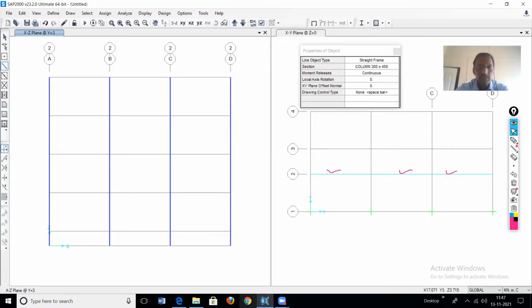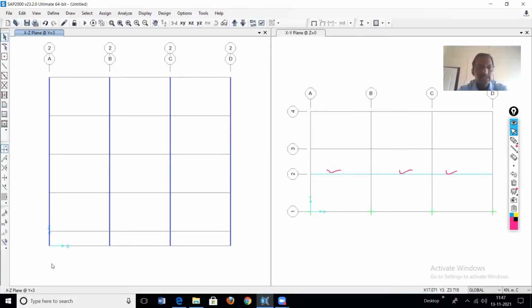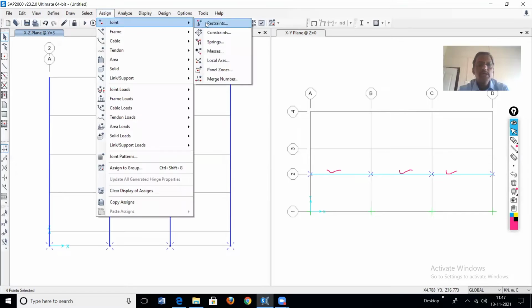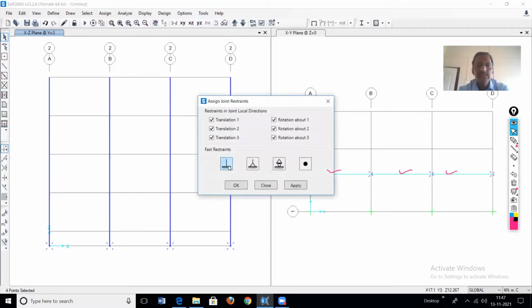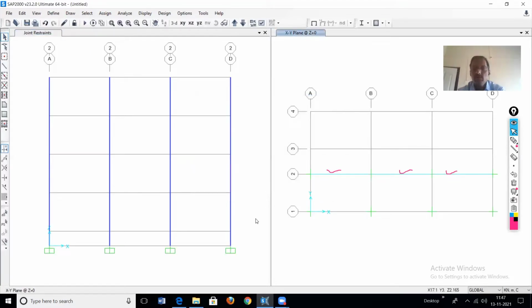This columns part is over. Then next is to give the support to the column. So how to give the support? Select all the base of the support, then assign joint restraint, then this is a fixed support, apply, okay, apply, okay. Now all the columns here at this level have this.